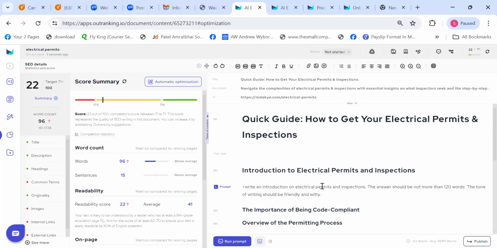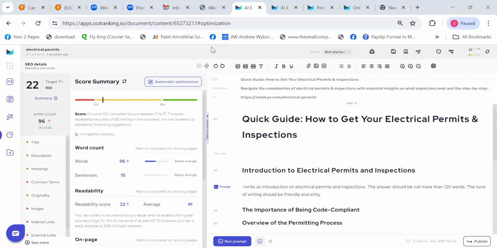You can be a little creative with your writing tone, and that is very important because I see most of the people use professional, casual, informational, transactional, such kinds of tone of writing. That's not bad, but that is something that everyone is doing. Try to be a little different with your tone and still make sure that you are matching your use case as well. So let's say if you're writing something technical, you can write: the tone of writing should be expert and easy to understand, and this is going to do some wonders for you.